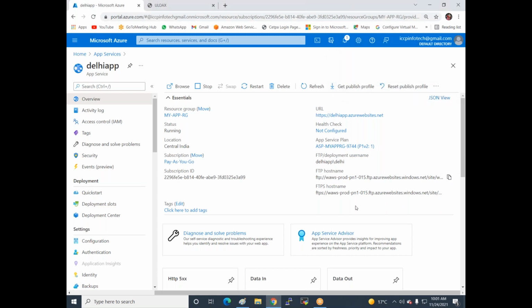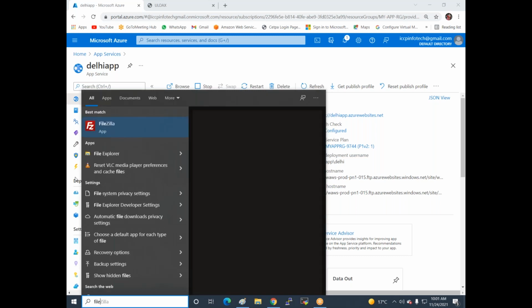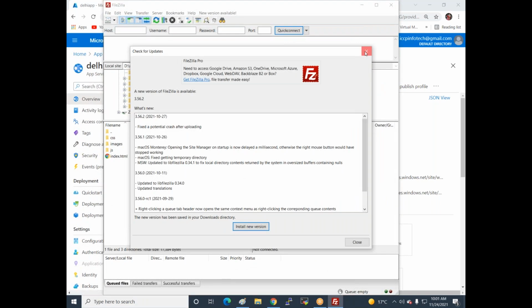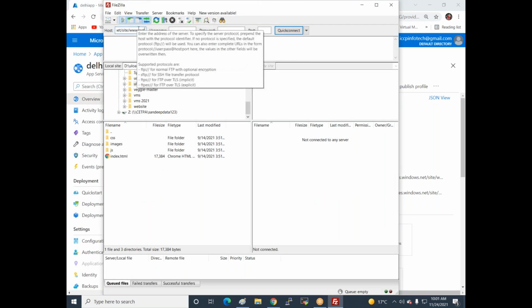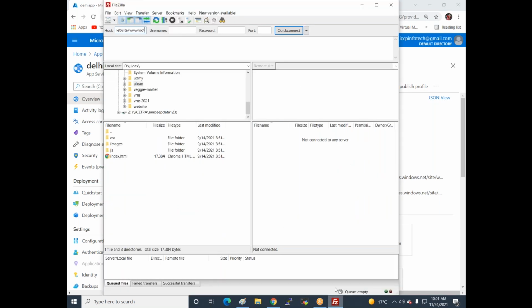I copy the host and then open the FileZilla software, and now paste. The username is Delhiapp/Delhi, and the password is ASD at 1234.